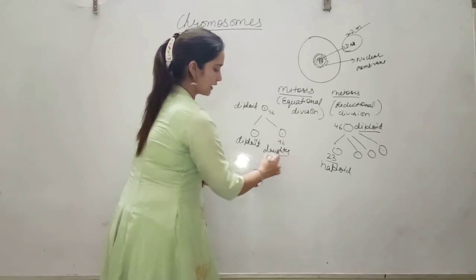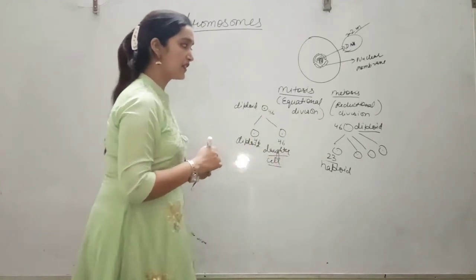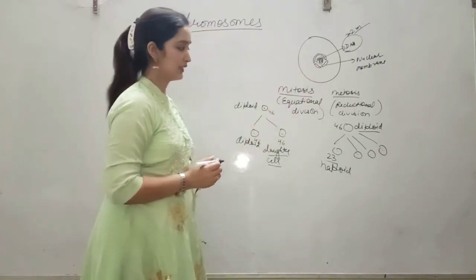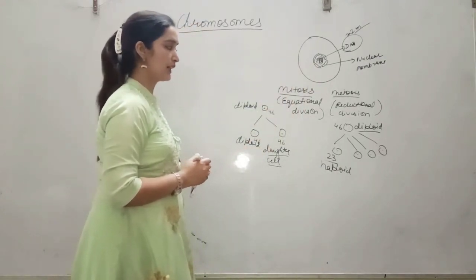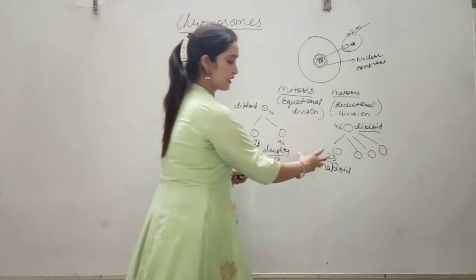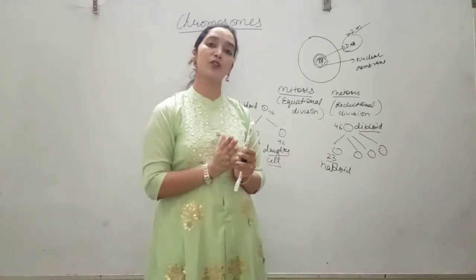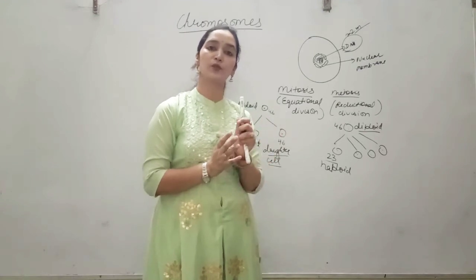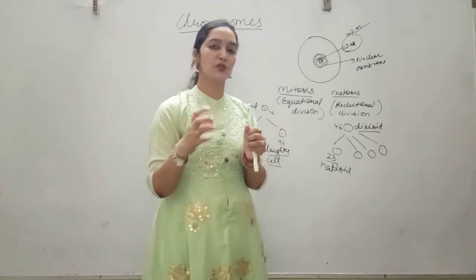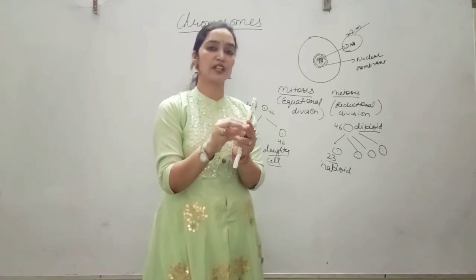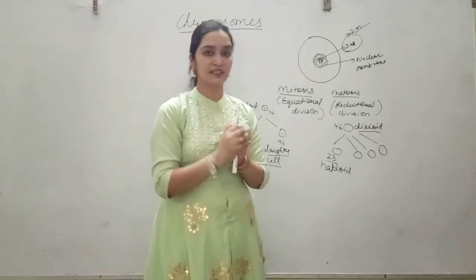So for proper division, DNA has to be converted into chromosomes so that the distribution is very specific. If we see the fusion of sperm and ovum, sperm has 23 chromosomes and ovum also has 23 chromosomes, and when they fuse to form the zygote, a total of 46 chromosomes are there in the single-cell zygote.